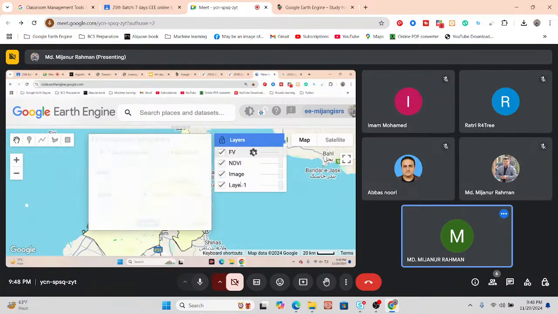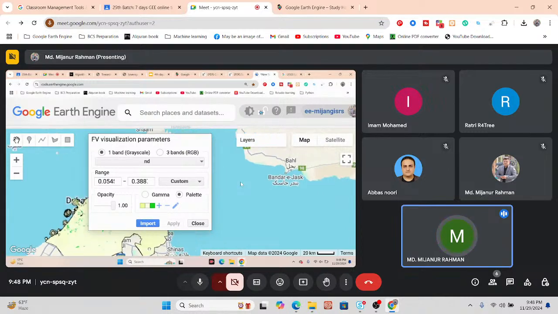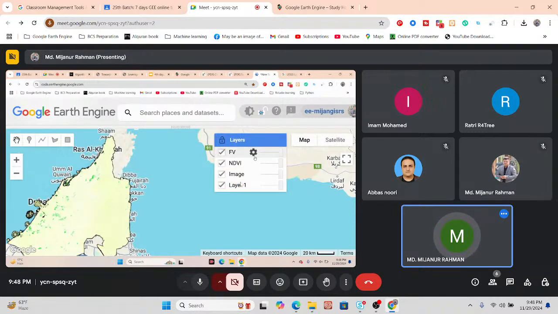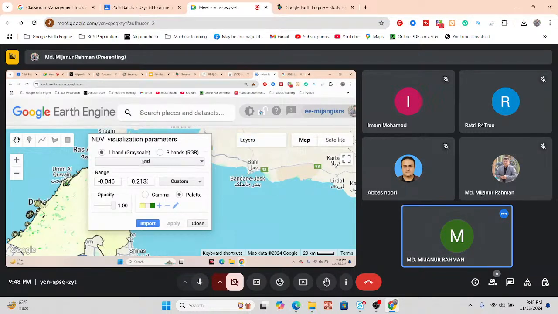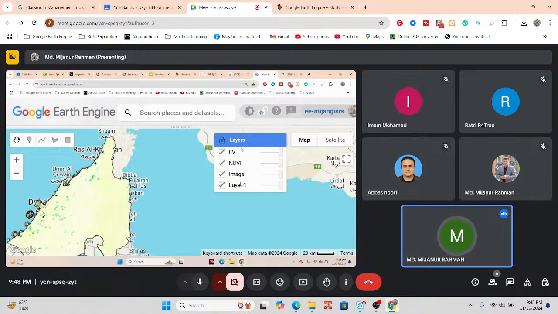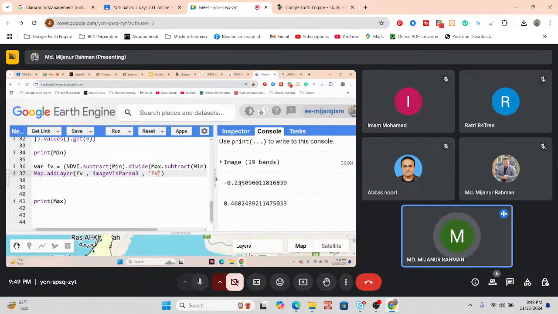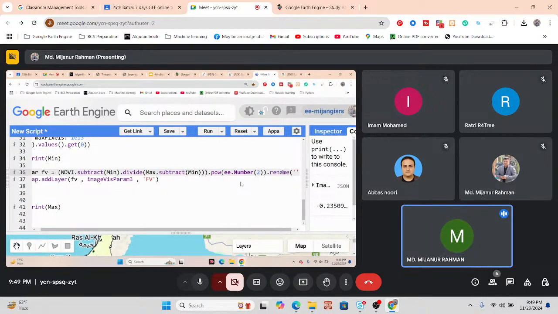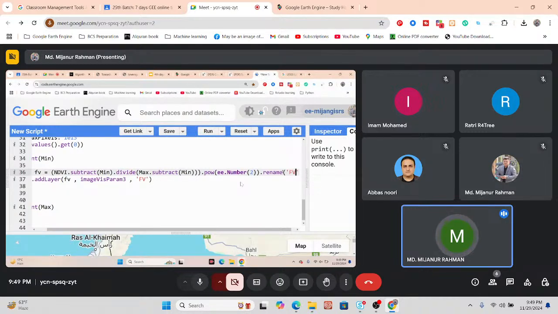So just click on, and you can see here it shows the band grayscale ND. Okay, so basically this is the default variable name. That is the default all the time. Here you can see, if I click here, it shows the ND. If you want, you can also change this name. Suppose I put a specific name, then it will also be better. Suppose I use the dot rename function after the equation, just put here dot rename. Suppose I put the dot rename as FB. Click run. So now if I check,